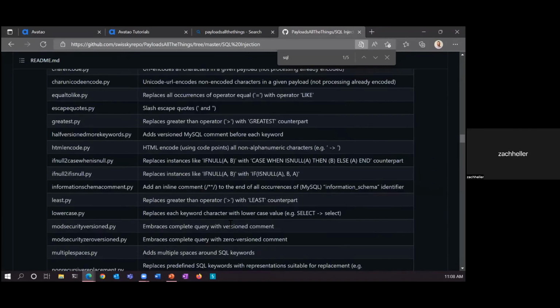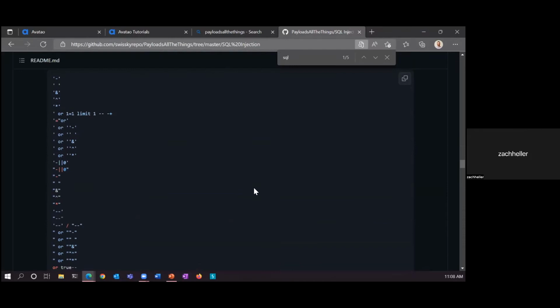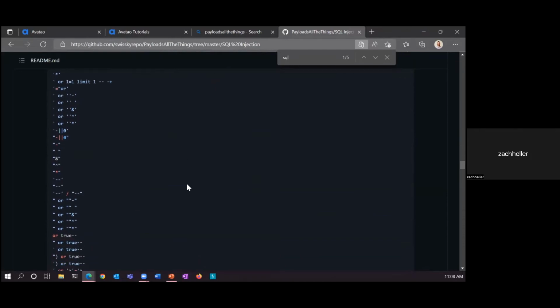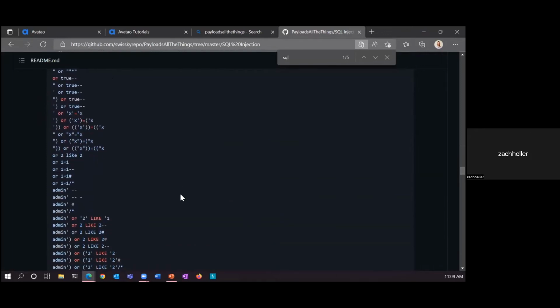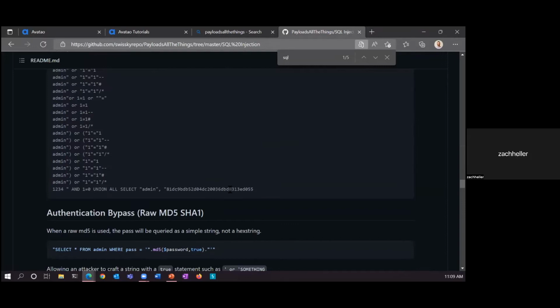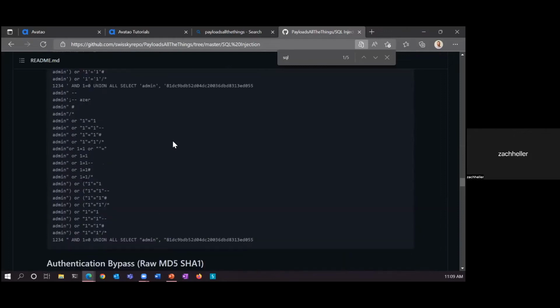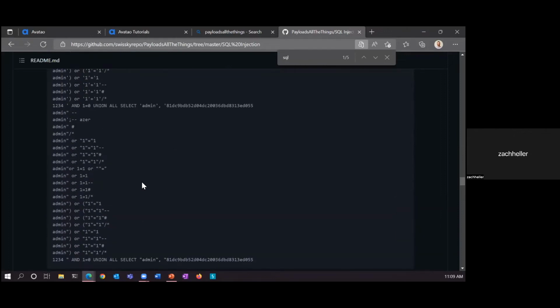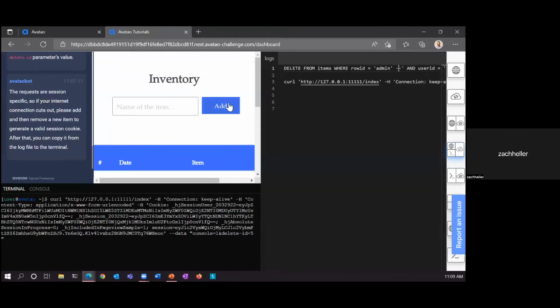For the actual attack, here's the classic auth bypass list. You can just try this entire list of potential bypasses, and if they're using a block list instead of paired statements or something, you can potentially bypass all kinds of auth. And you can hide your characters. If they're blocking specific characters, you can encode it within SQL. But what we're doing right now is